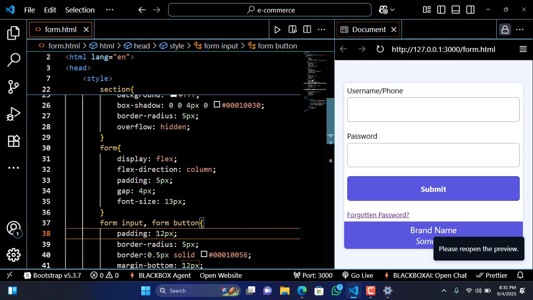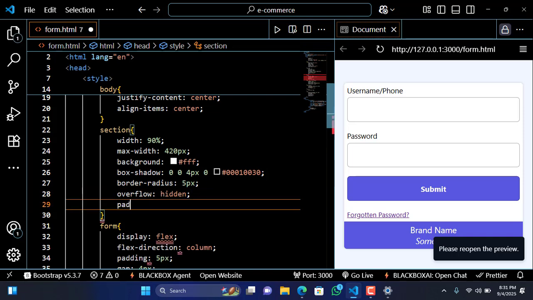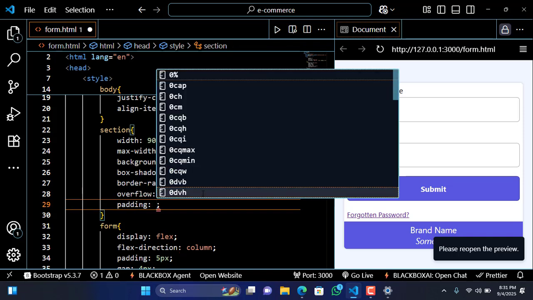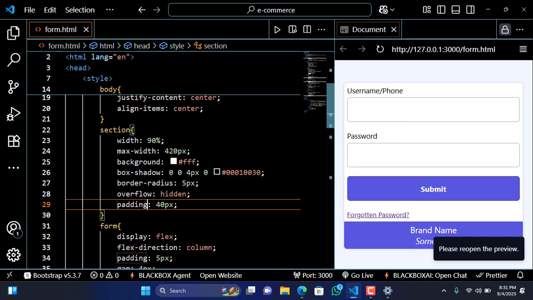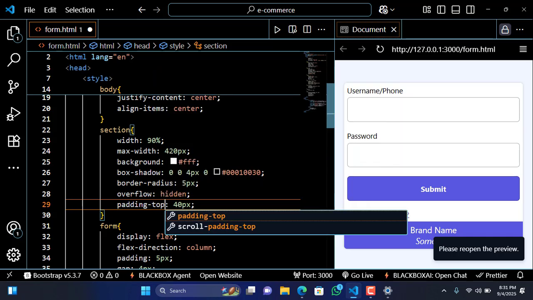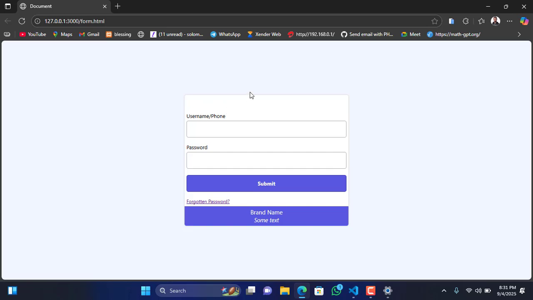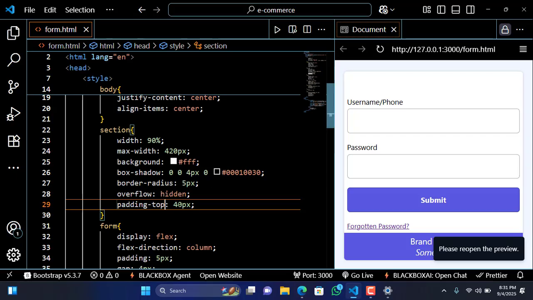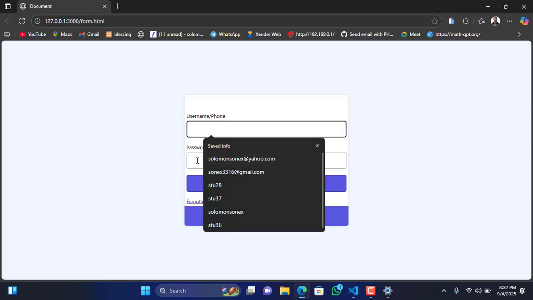I'm going to add a few things to the section. Section does not have a padding. I'm going to add padding here. Padding of 40px. Sorry, that's going to be padding of 40px. Just going to make it specific. So we have a